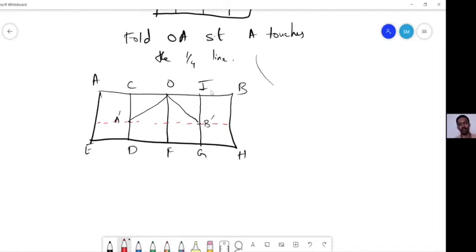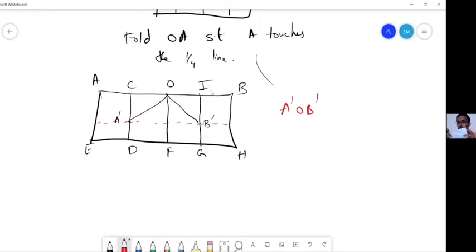Yes. That is why you make an equilateral triangle. So that A dash, O, and B dash gives you your equilateral triangle, Shivkumar. No, we have not established that A dash, O, B dash is an equilateral triangle independent of this. We can say that it is isosceles, but we don't know if it is equilateral. No, we know it is equilateral. We just figured that out, right? Now we know, but we have not established it from this folding property.